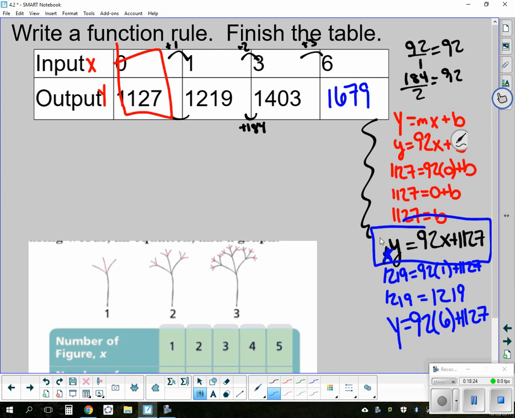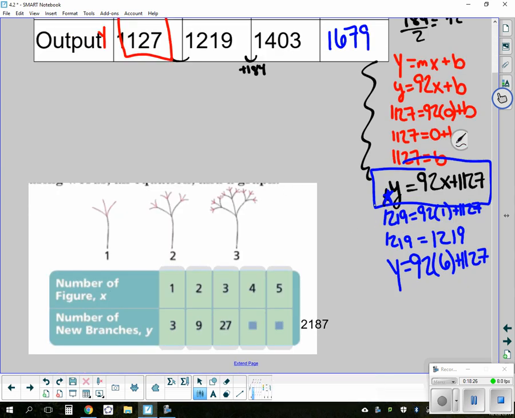Okay, back to this last one here. Figure 1 has 3 branches. Notice what's happening. Figure 2 has 9 branches. Figure 3 has 27. We want to fill in the rest of the chart, so figure number 4, figure number 5, and